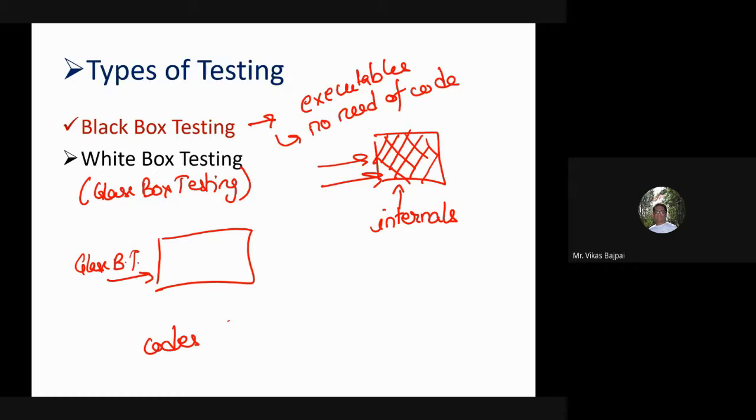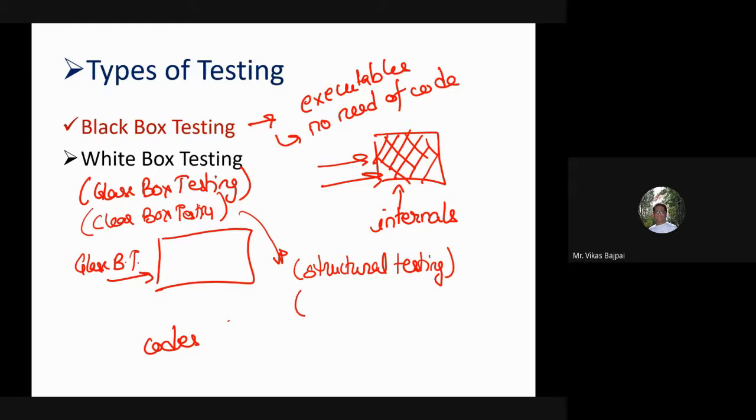Now, in some of the literature, along with glass box, you will find it is also called clear box testing, or structural testing, and it is also called transparent box testing.